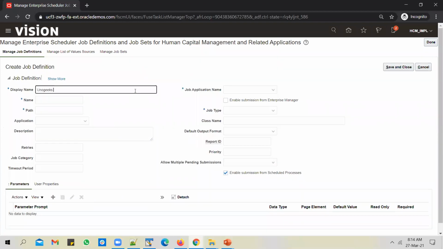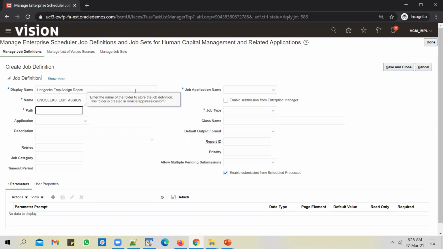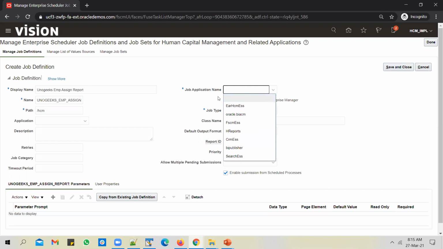Let's call it UnoGeeks employee assignment report. Select the path as /HCM. Since it's a HCM report, and the job application, you can select it as ER HCM ESS.